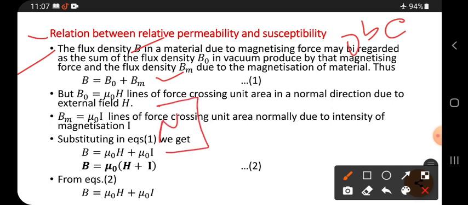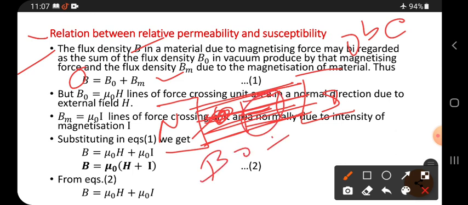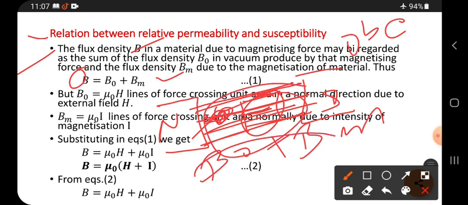See here, it is a north pole and a south pole. This is the definition of B only. If we keep one magnetic material here, then lines of force are created from N to S. These lines of force travel through the space and also through the medium. The magnetic field in free space is B naught, and the field because of the material is Bm. Here the magnetic field is because of both, so these two together are simply B.